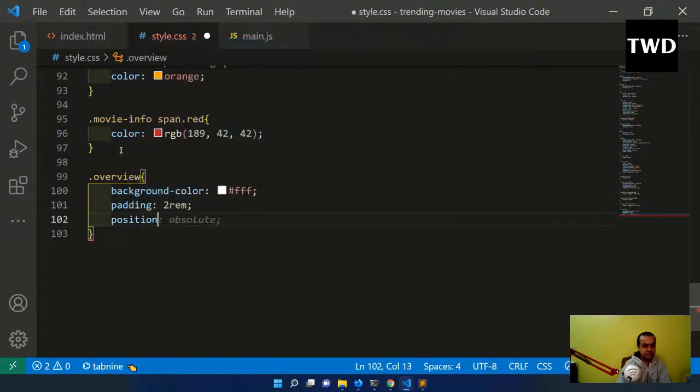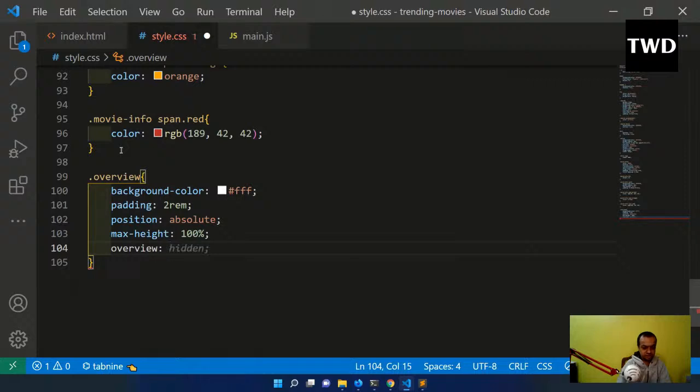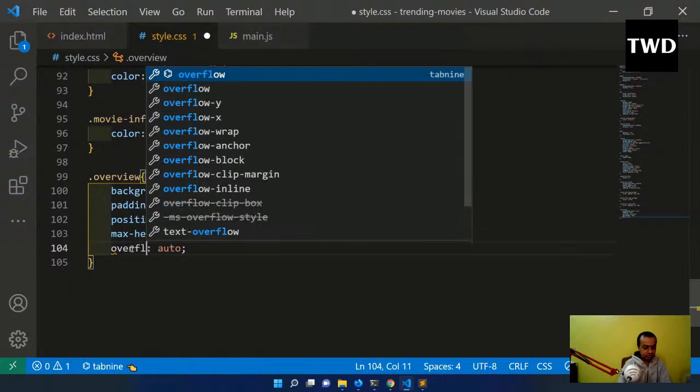Position is absolute. Max height is 100%. Overflow is auto. Overflow is auto,